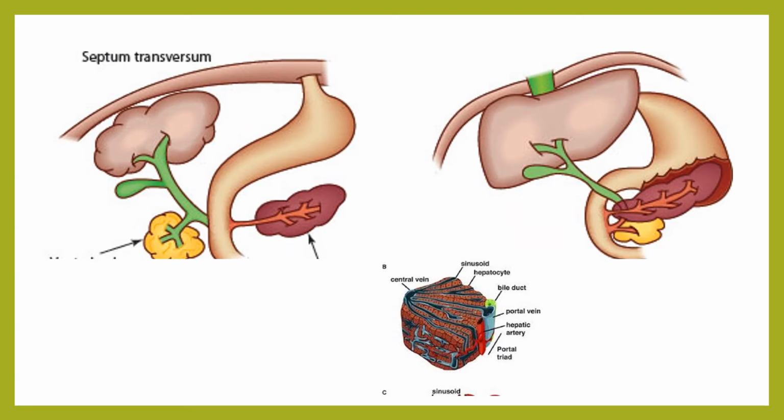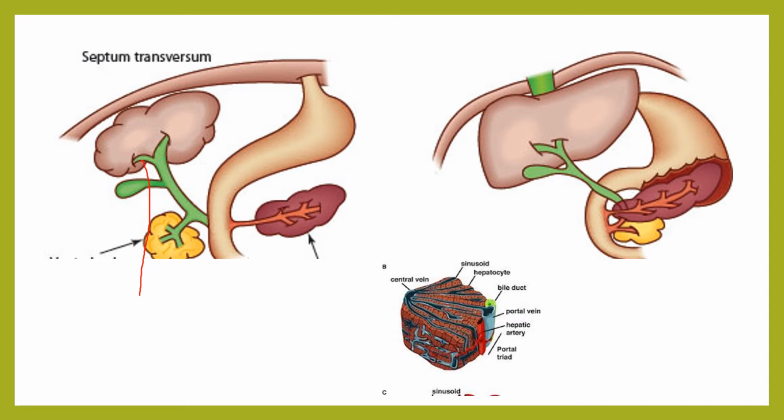So each branch, the right and the left branch, we can see it here. This right and left branch of the hepatic bud is surrounded by a cluster of cells, and this cluster of cells becomes a solid mass. This solid mass becomes the right and the left lobe of the liver. So the liver cells in the hepatic bud differentiate into liver plates. These plates again undergo branching, and these branches anastomose with each other and form the parenchyma of the liver.